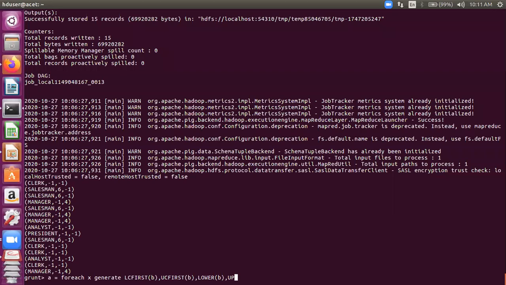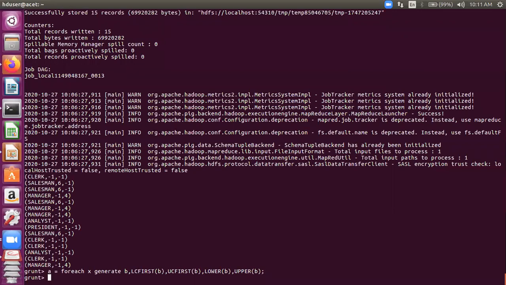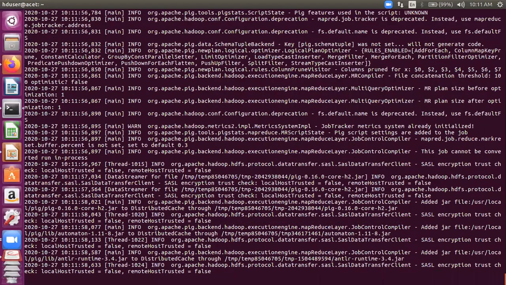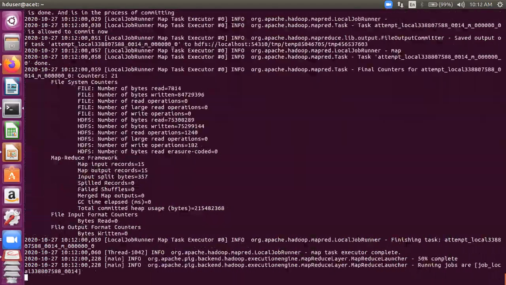So I'm projecting the name in different ways. Okay, and let's have the original value here also. Let's generate a B here also. Okay, and if I dump this now, you can see whatever Abhinav and Dimanshu just explained, whether it's true or not.